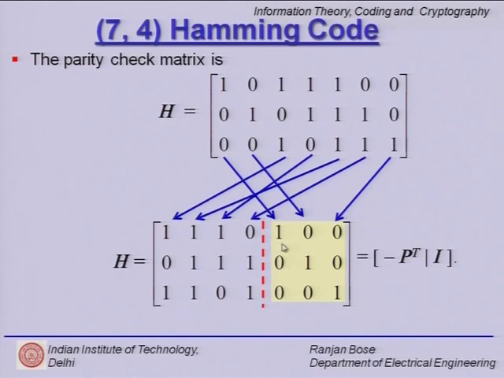And needless to say, this is not necessarily unique, you can have many other rearrangements for the first 4 columns and each one will be a valid H matrix. But this gives us a very nice way to put it in the systematic form. So, this is your parity check matrix for a 7 comma 4 binary Hamming code.